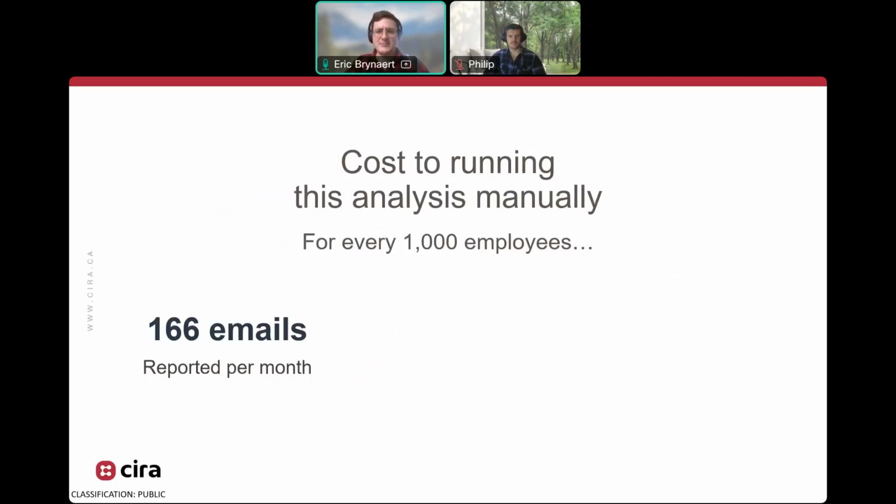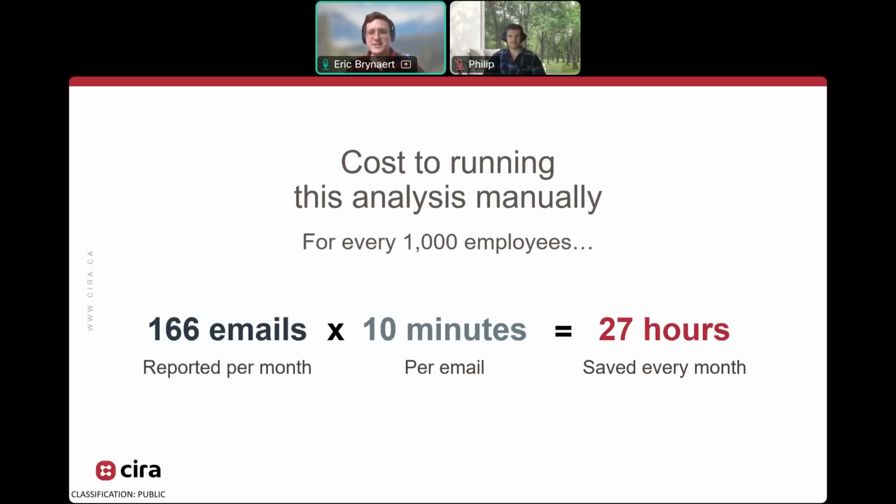So let's take a look at how much time is being saved by using Cira Analyst. If we look at the typical organization, we see that for about every 1,000 employees, you can expect about 150 to 200 emails, let's say 166. So at about 10 minutes per email,